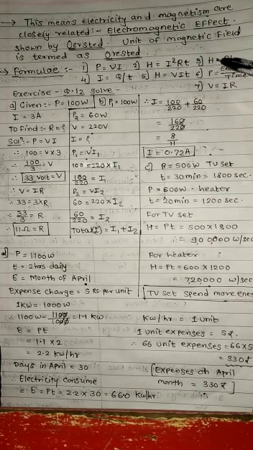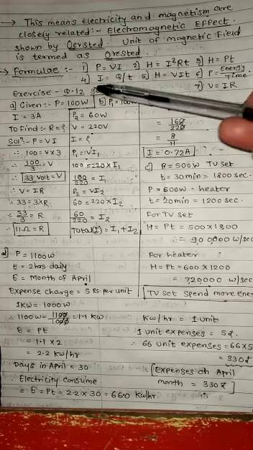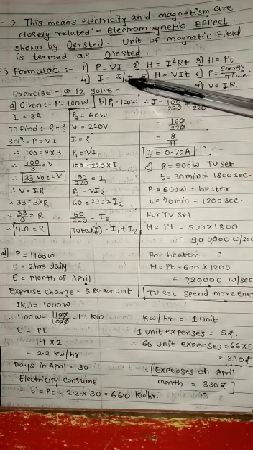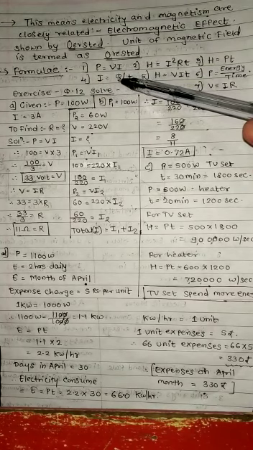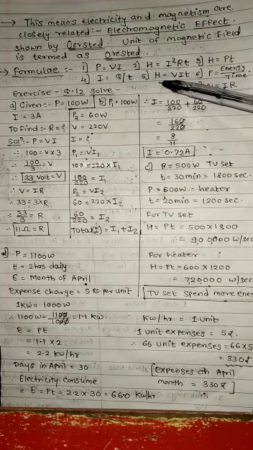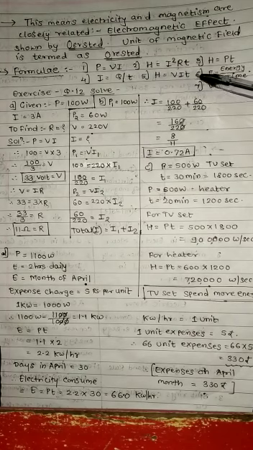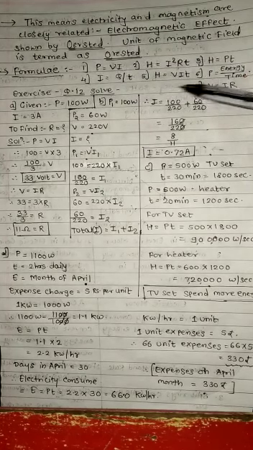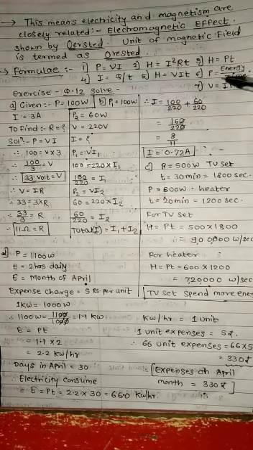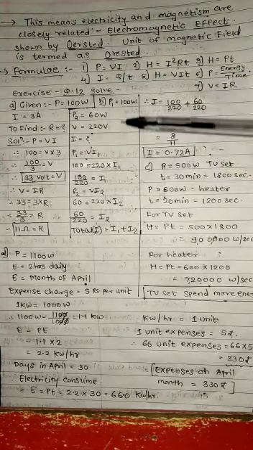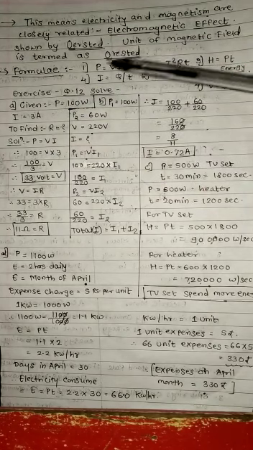Third one is H is equal to PT. P is power, T is time. Fourth one is I is equal to Q upon T. Q is your charge. Fifth one, H is equal to VIT, and sixth one, P is equal to energy upon time, and the last one is V is equal to IR. So these are the main important formulae in the fourth chapter, and the sums we have to solve are according to these formulas.